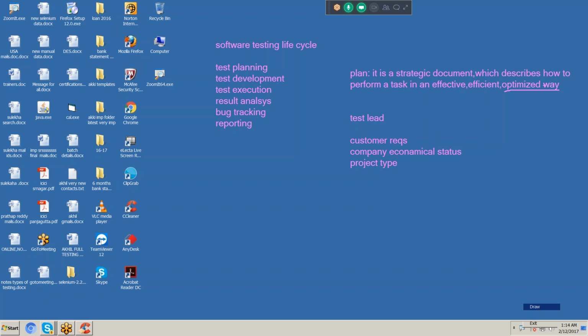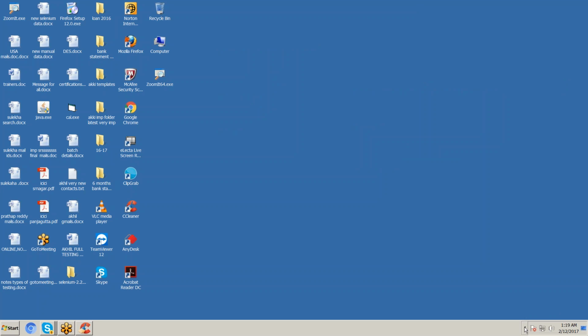The test plan document is prepared by the test lead. In this test plan document, we have 12 points, and today we will discuss these 12 points. They may give a job without asking your name, but without asking about the test plan document, they will not give a job. The test plan document is the heart of the course, very, very important. I will teach you 12 points today. You should learn them by heart at any cost.